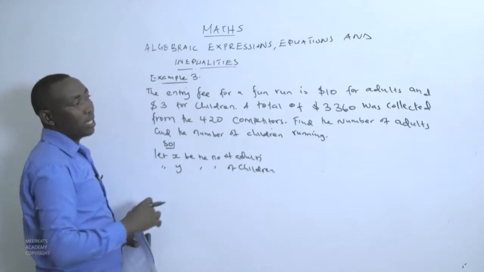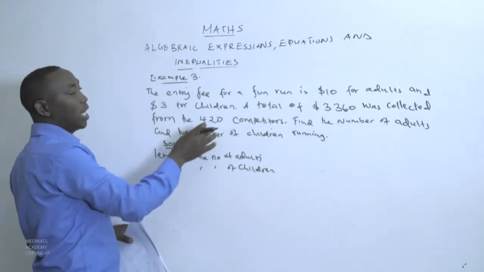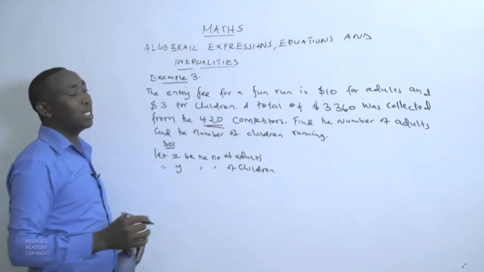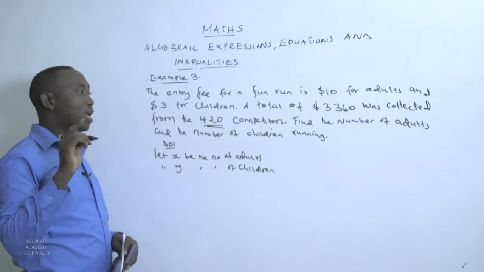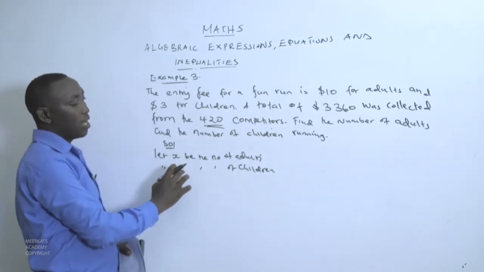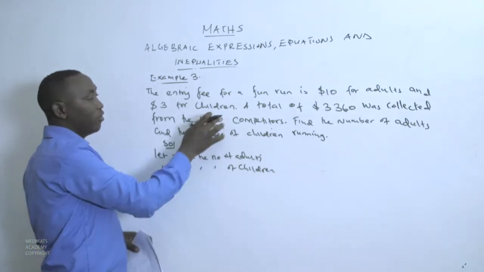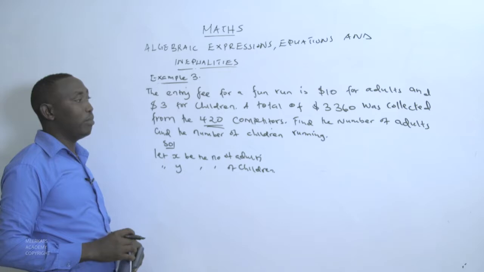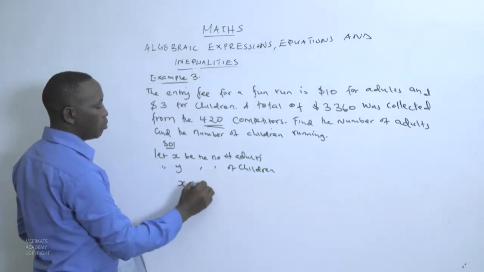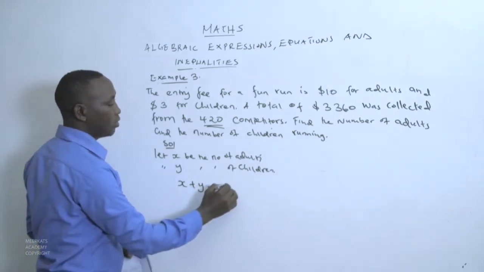And a total of $3,360 was collected from the 420 competitors. These 420 competitors represent the total number of adults and children. And therefore, when you take x and y and find the sum of x and y, it must give you 420, and that will be our first equation. x plus y, which are the number of adults and children, is equal to